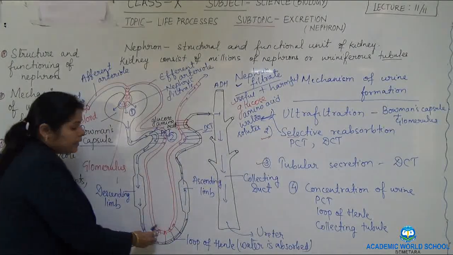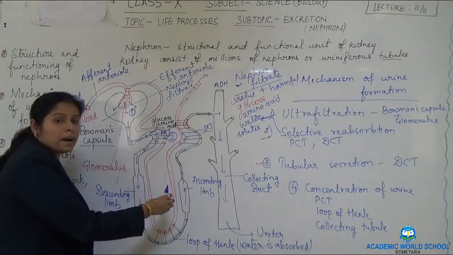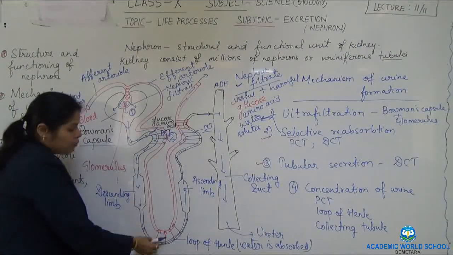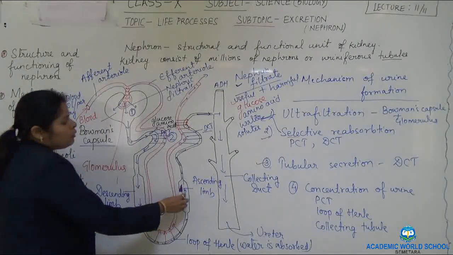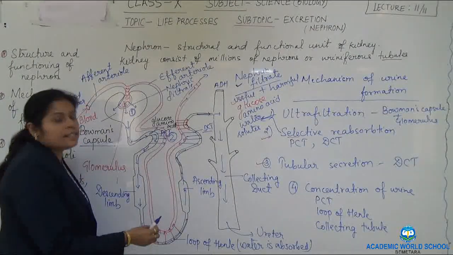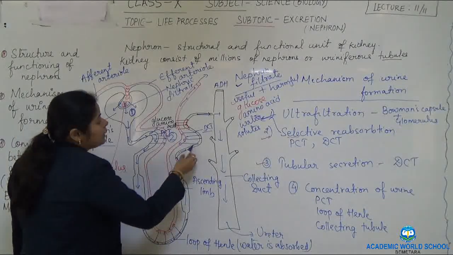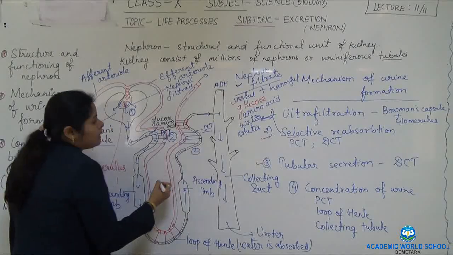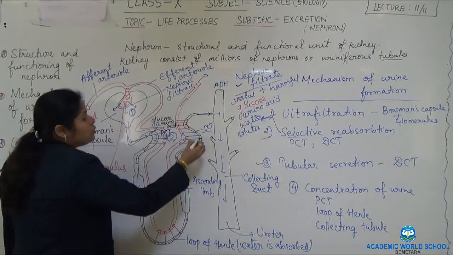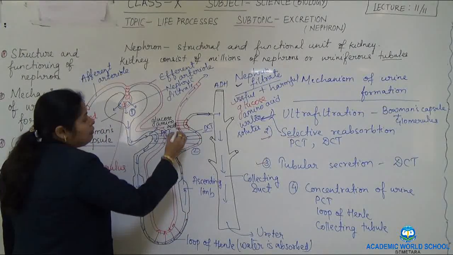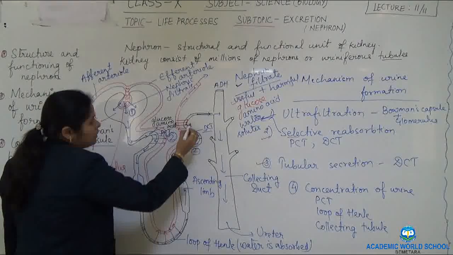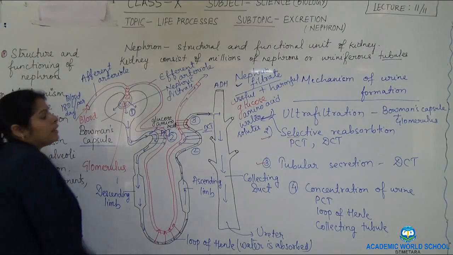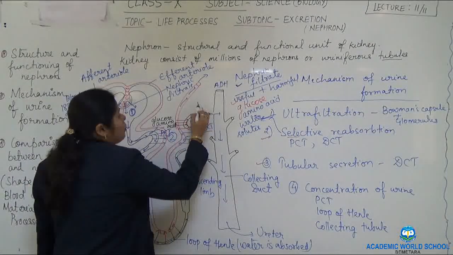Now the filtrate which is ascending up has had the important materials absorbed, and the water has also been absorbed. Few of the important useful materials still remain behind. So when it moves through the distal convoluted tubule, again this second step, that is selective reabsorption, would take place, and when it moves further, the waste material if present in the blood is given back to the distal convoluted tubule, which is the third step, that is tubular secretion, and then this is called urine.